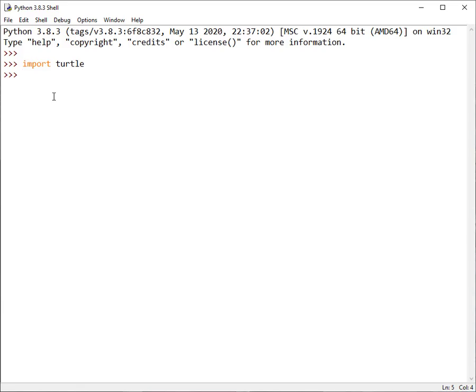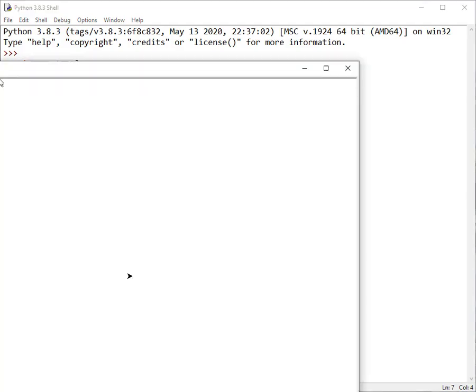Everything that we do with Turtle Graphics, we are going to preface with the word turtle. So we have turtle, and then we have a dot, and then something that we want to do. So in order to see the output, we want to do a getScreen. Now, by this point, you should know that if we have a dot and then we follow that by something, then this thing is called a method. If you want to bring up the output screen for Turtle Graphics, then this is the command that you will need. So we have turtle.getScreen,